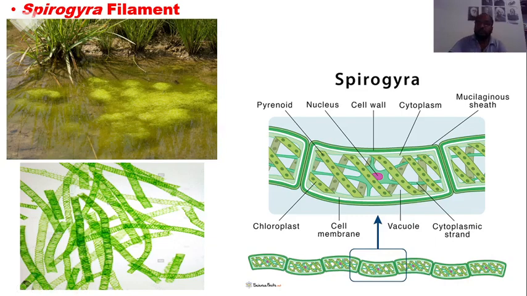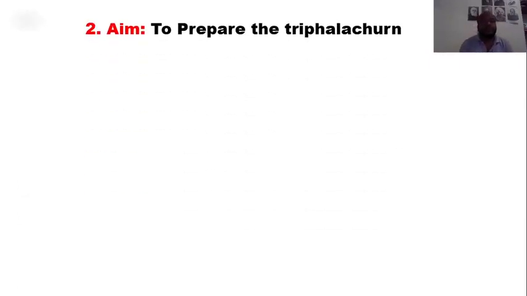There is a nucleus; it is eukaryotic. Then in the chloroplast there is a band. This is the pyrenoid band. Pyrenoid is nothing but a reservoir of food material which has starch and protein. Then the cell wall is covered with a mucilaginous sheath. So this is the spirogyra. That means in this practical we have learned about the cell structure of the onion, then hydrilla, and then spirogyra.